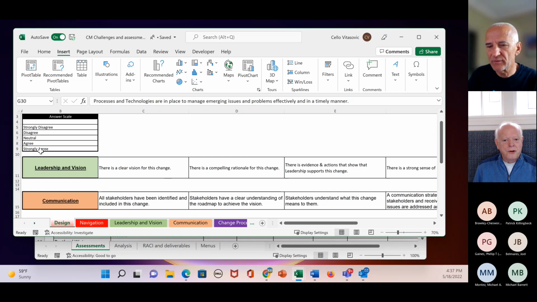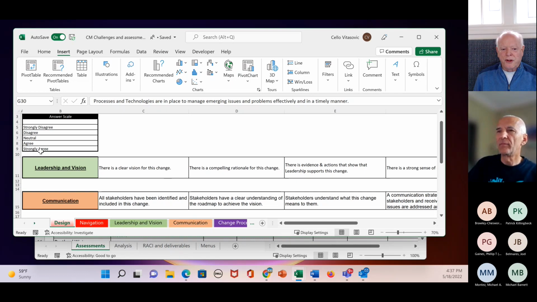Scott, did you want to mention something? No, that's excellent. I just thought that was a good part of the overview. And you said these were positive statements. They're almost like, if you were really ready to go implement a specific change, this isn't normally an organization-wide assessment. It's related to a specific change that you're proposing to do, a specific improvement. Then these are the statements. And if you scored strongly agree, then it looks like you'd be all set, good to go. If you strongly disagreed or disagreed, then this would be an area for you to perhaps work on before you go implement that change. Yes.